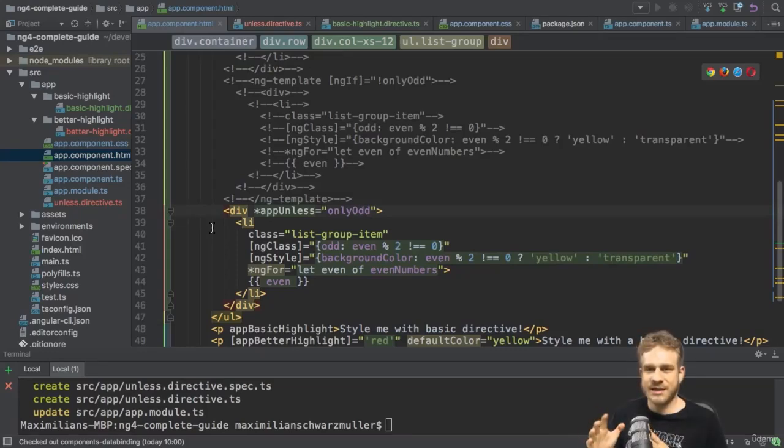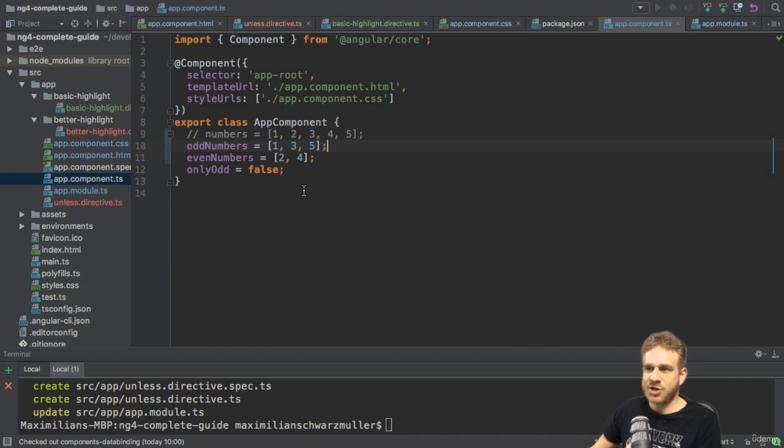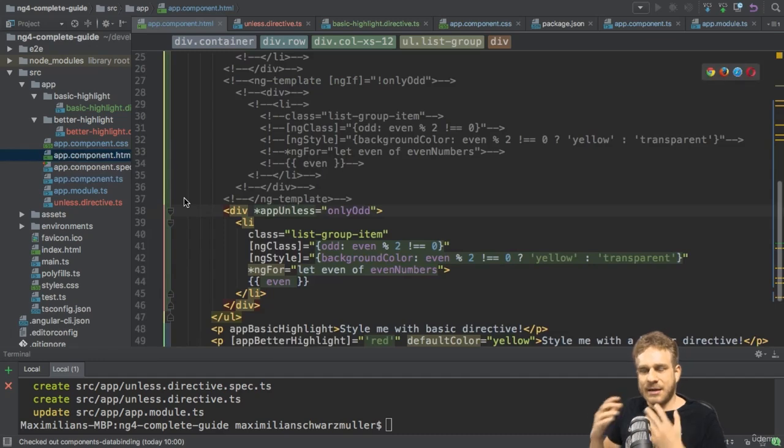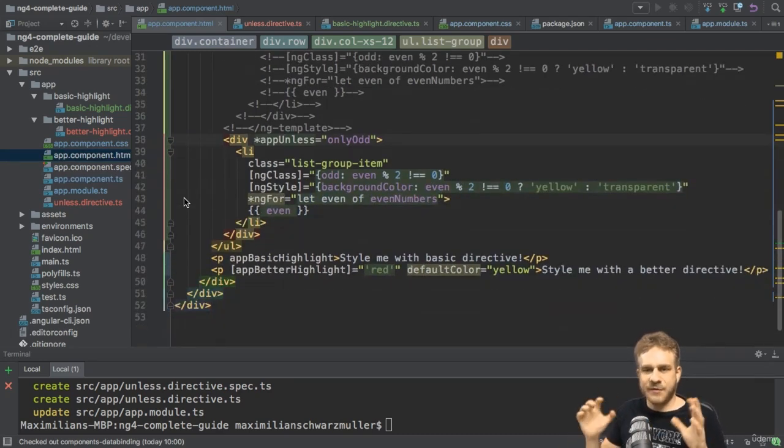I want to conclude the section with one other built-in structural directive which might be handy from time to time, ngSwitch. Imagine the case that we have a value like this, which is simply 10. Anything you want. Now we got a place in our app where this value changes. And we got a couple of different messages we want to display for each of these values. For this, we can use